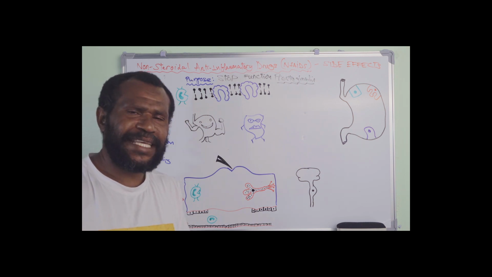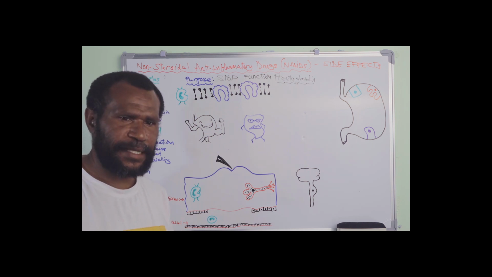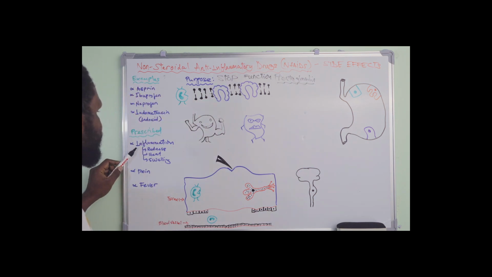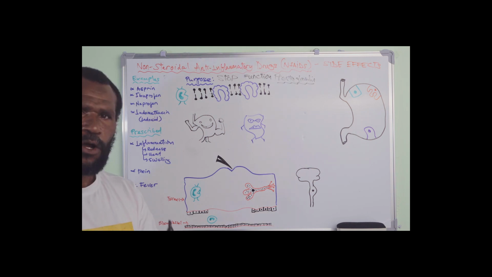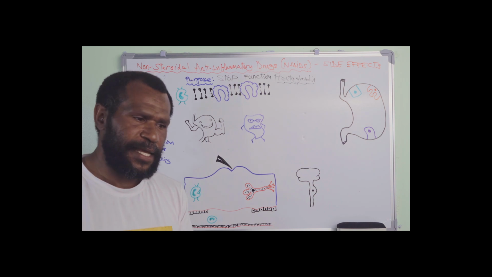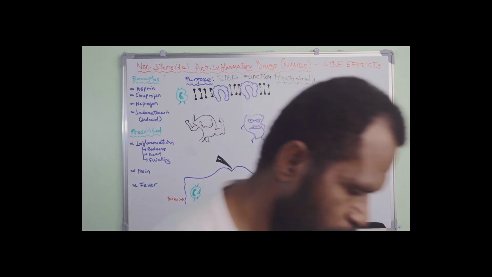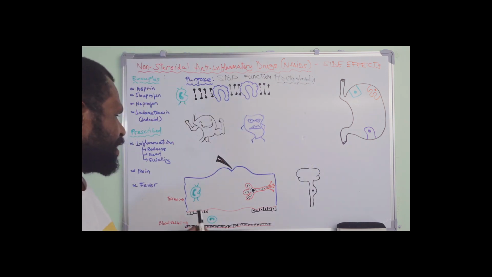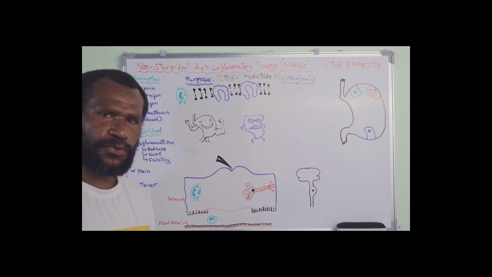So why do we have to inhibit or stop the function of prostaglandin? Prostaglandin is responsible for inflammation, pain, and fever. So we'll get into the body and see how that works. Okay. So when there is an infection or when there is tissue damage,